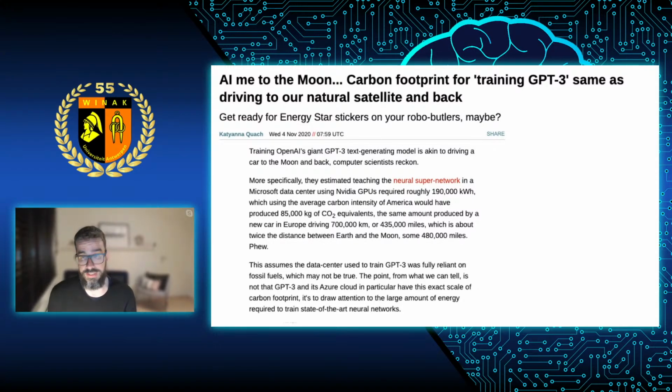In terms of training, it's equivalent to taking a car and driving it to the moon and back. That's a total of 700,000 kilometers, which is more or less the footprint that was needed for training GPT-3.